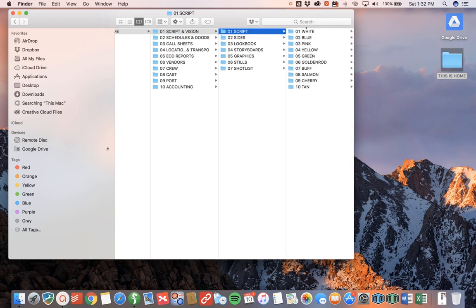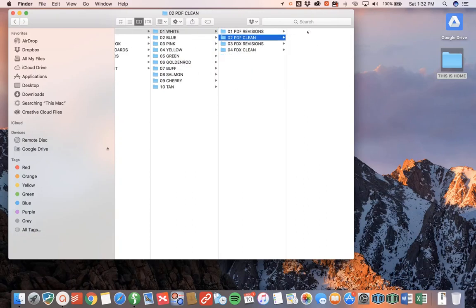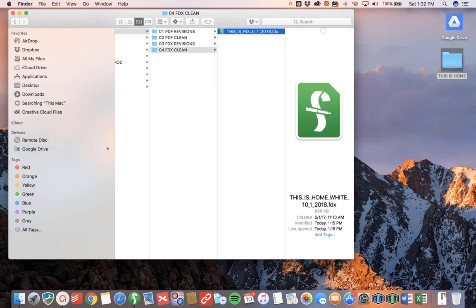And then you'll see that we have all these possible revision colors: white, blue, pink, yellow, green. In the film world, we don't call them version 1, 2, 3. We call them colors. So what we're going to do is open up the FDX folder. It says FDX clean. And as you'll see, I have an FDX clean folder, an FDX revisions folder, a PDF clean, and PDF revisions. So let's open up the